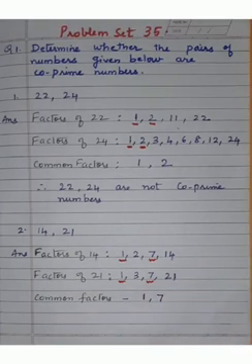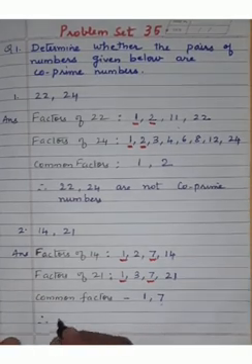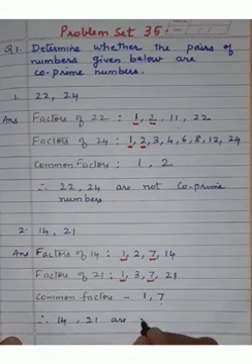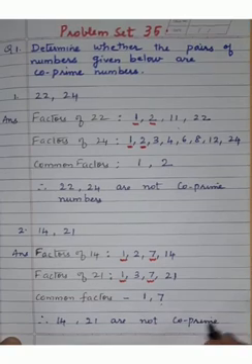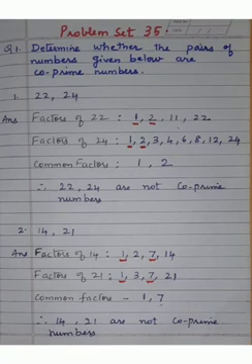Okay children, so what is the main condition for co-prime numbers, children? That the common factor must be only 1. If it is more than 1, that means it is not a co-prime number. But here we get 1 as well as 7. So that means we can write it as therefore 14, 21 are not co-prime numbers. Is that clear, children?